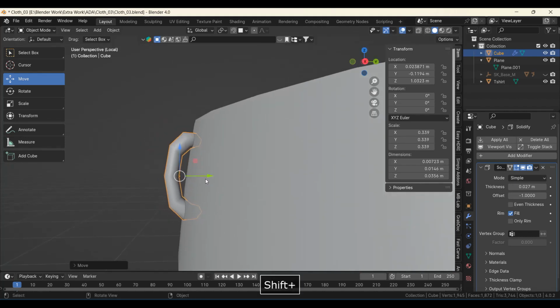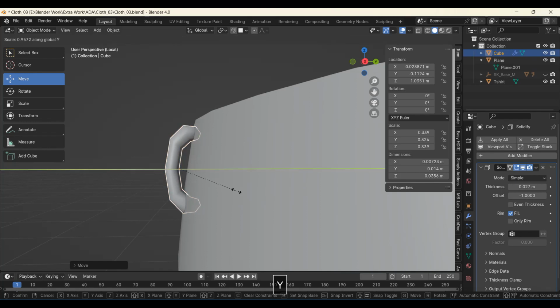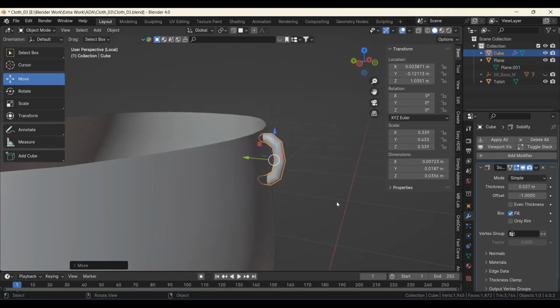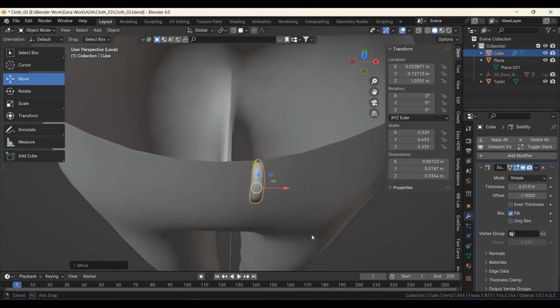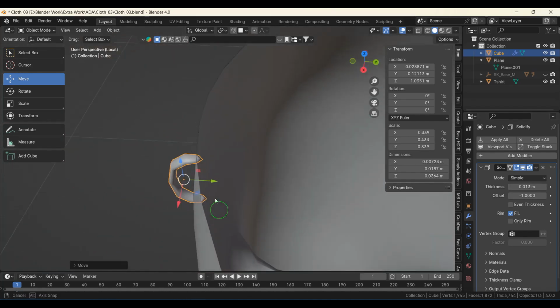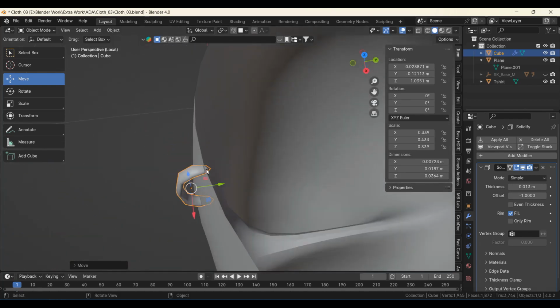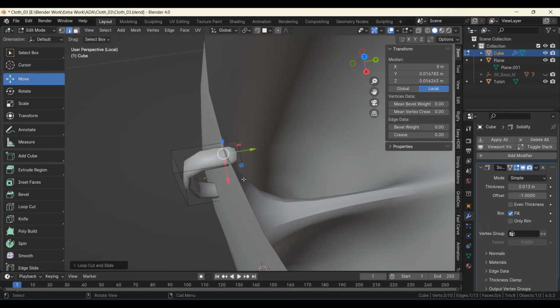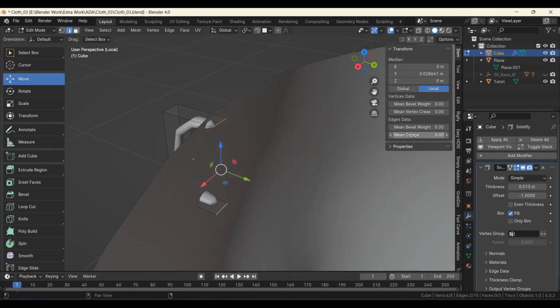For now maybe put it this way on y, scale it up like this way, and make the thickness less for now. What will happen here is it's making weird shapes. Now you can do that with Control R and do this way, but I prefer selecting this and this, then